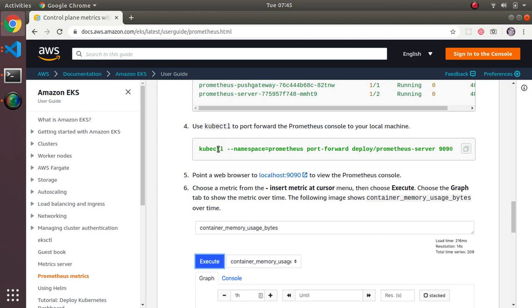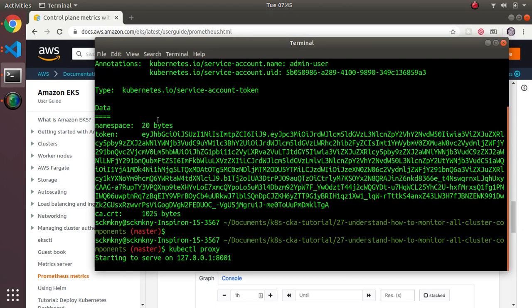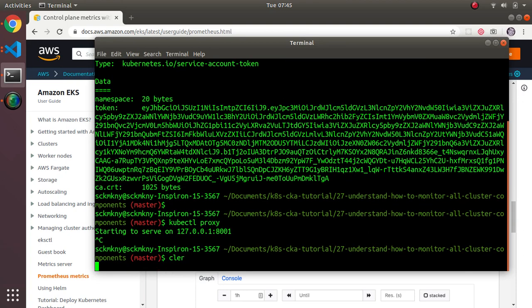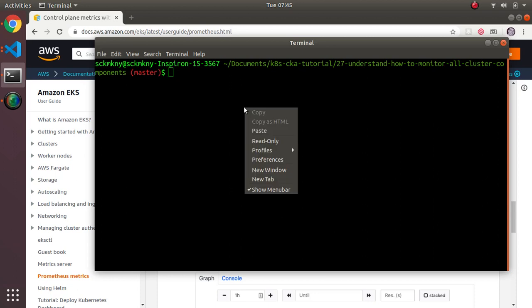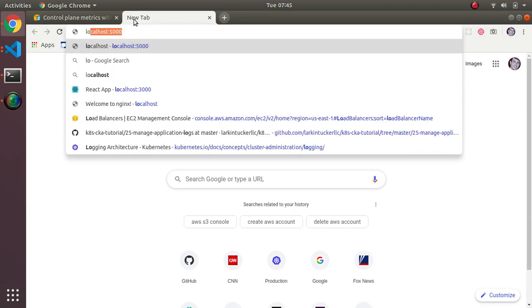Let me look to see. Once I run it, let's see if I can do this. I had a side note I wanted to do. So I want to be done with this proxy. That was for the dashboard. Now I'm doing a port forward here, 9090. So what this is doing is saying, connect up to the Prometheus server, which is running on port 80 apparently, but then expose it on my machine as port 9090. So now if I go to localhost 9090,